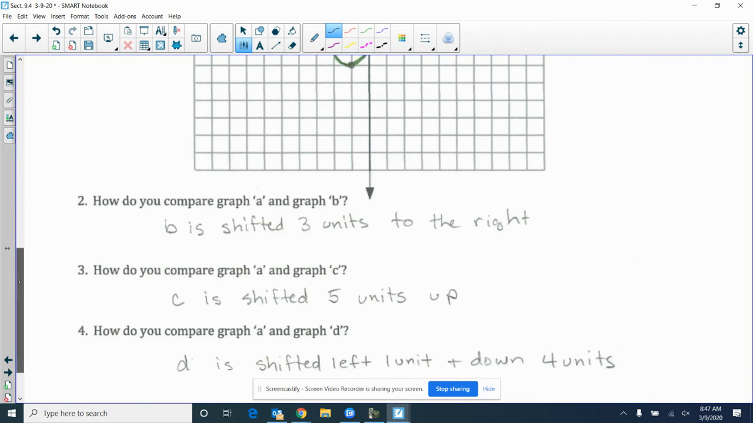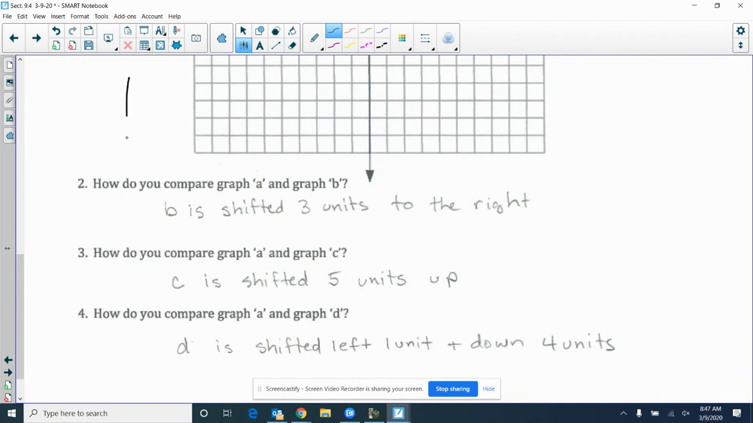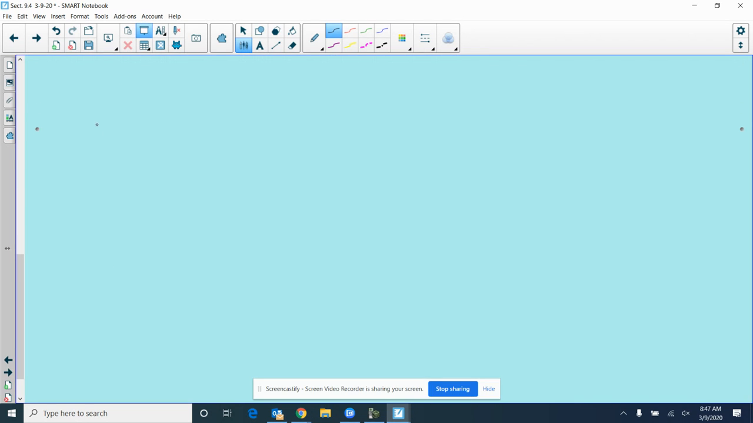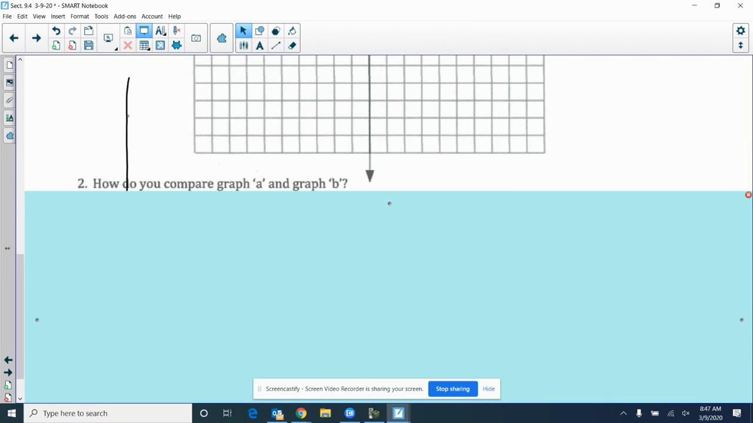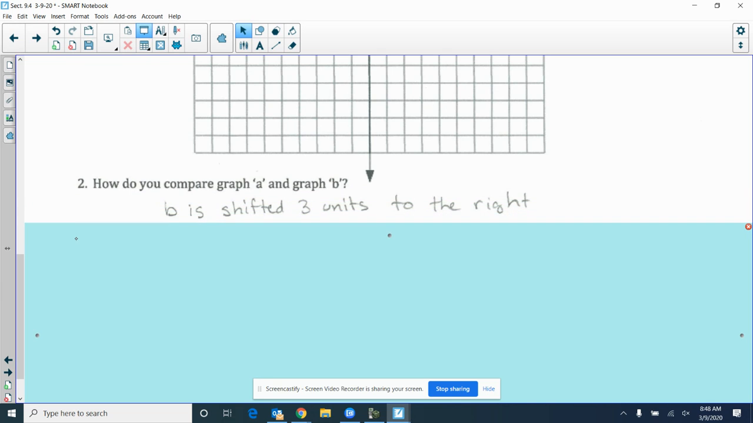All right, how do you compare graph A and graph B? How has graph B been moved? To the right. To the right, how far? 1. Never mind. 3 units to the right, isn't it? Yeah. Okay, so if you look at the graph for A is